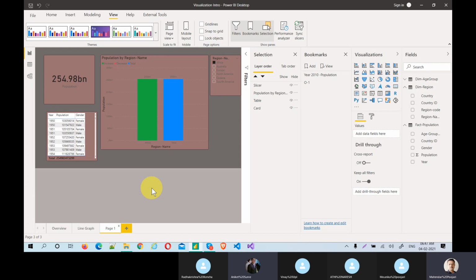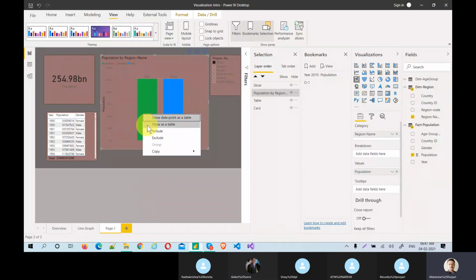Suppose there is one more bar chart that is enabled here. I'm done with population by region, and I want to see population by city also, so I will create a button. I have selected some region, or some city, and only those cities' regions will be viewed here. Will the city selection get carried forward? Yes.